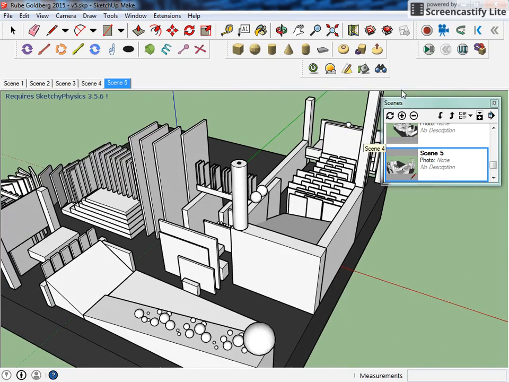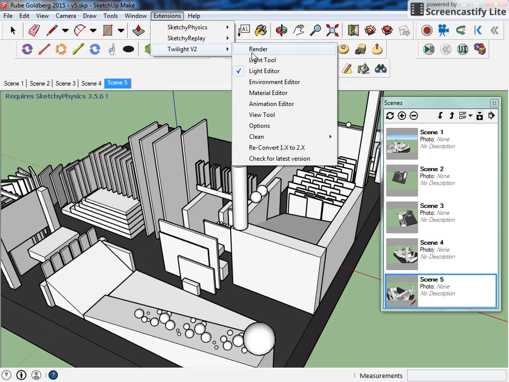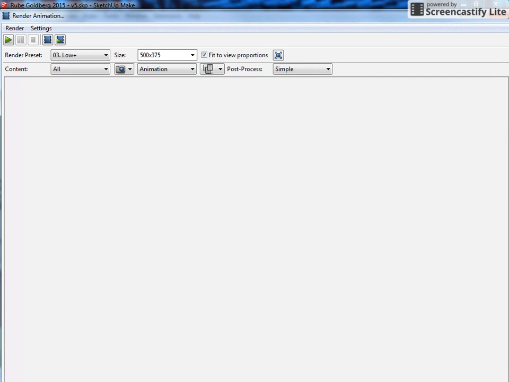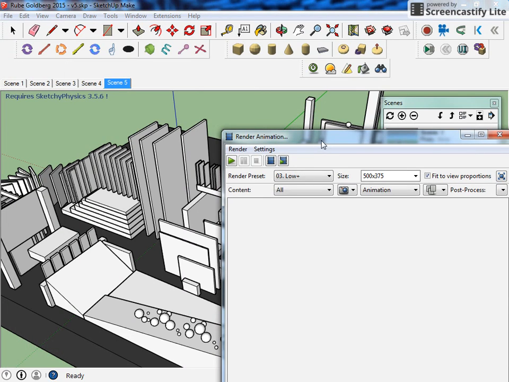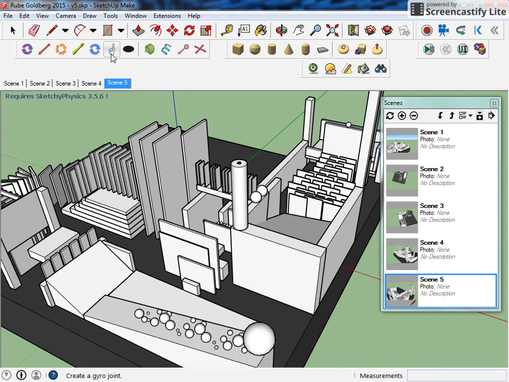What we're going to do is go ahead and add scenes. And this is a little tough to gauge with what we're going to do here because we're going to get the whole thing exported with the Sketchy Physics running. So I'm going to go into my Twilight renderer, and I'm going to go into my animation editor, drag it back over. This is where we are going to get that from. This is how we do it, but there's a few settings I want to show you before. So I'm going to go ahead and play,